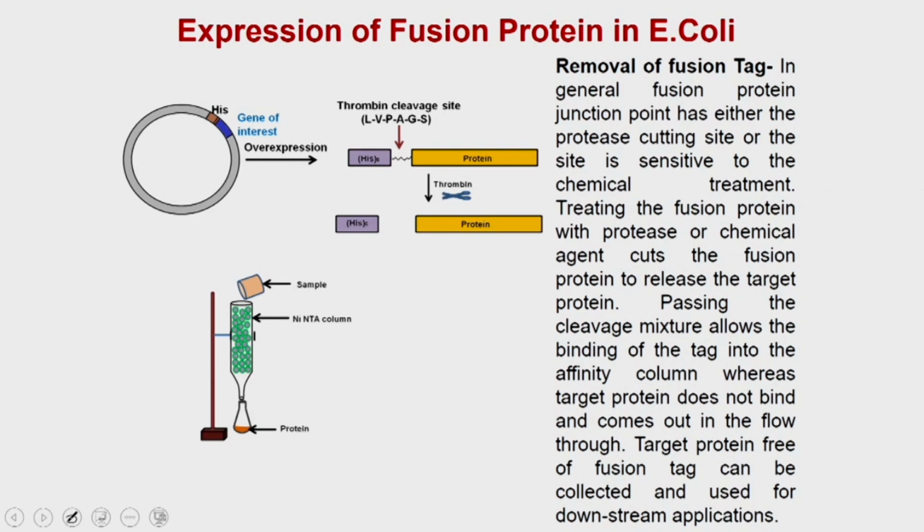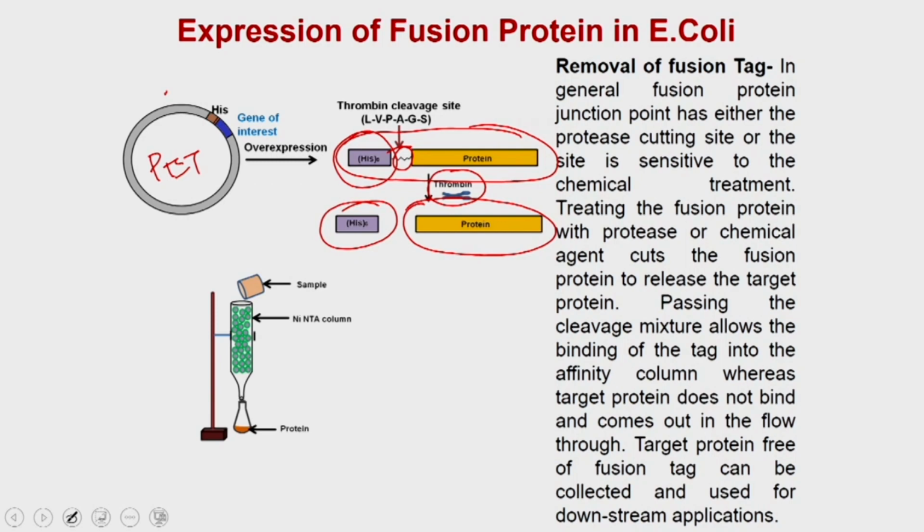So, you can imagine that you have cloned a protein into a His tag vector. For example, you can use the pET series vector and you have overexpressed the protein. Now, this is your chimeric protein which you have overexpressed, which contains the histidine tag, and now what you do is take alpha thrombin and treat it. The alpha thrombin is going to cleave the linker region between the histidine tag and the protein, and as a result you are going to have the tag separately and the protein separately.